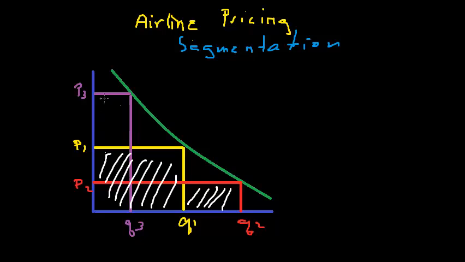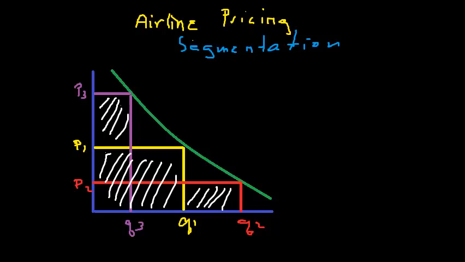And then they would also add a higher fare. So for those customers who are willing to pay more than P1, they'd be willing to pay Q3. The airline would capture this additional rectangle of revenue here. So the total revenue that the airline would be able to capture with this fare structure, with three fares in the market, would be the sum of the areas of all these rectangles,